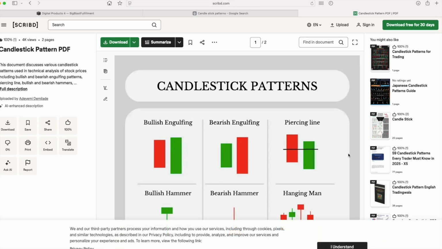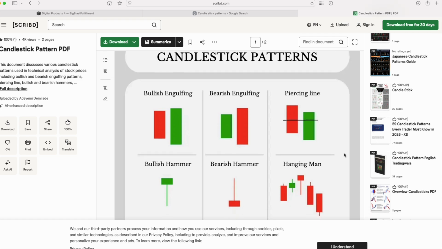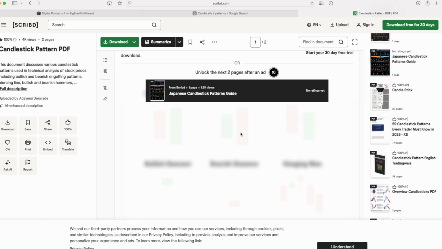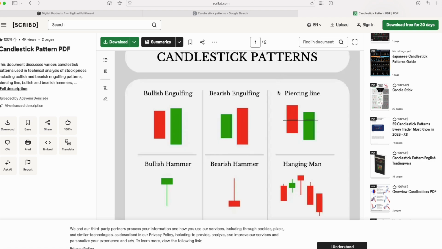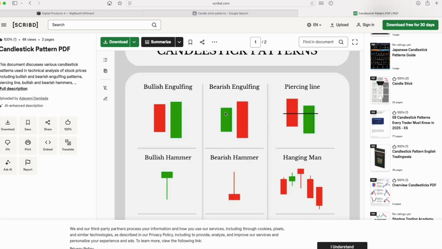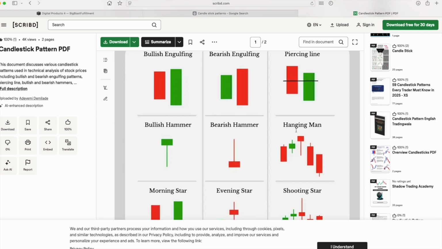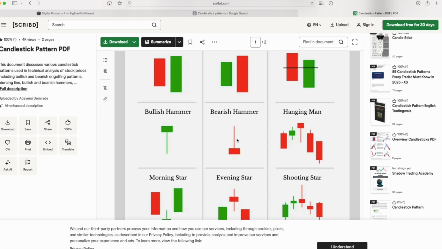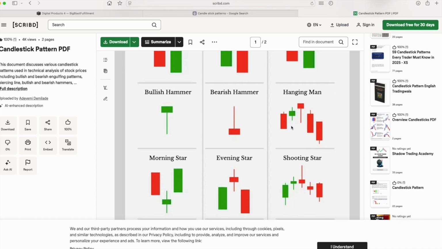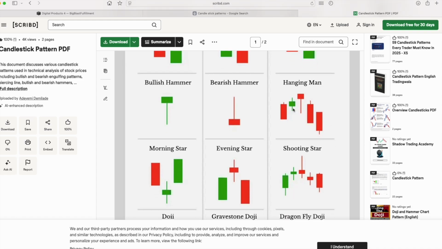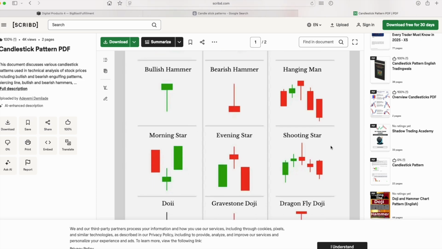Let's see if we can blow that up. All right, so you've got a bullish engulfing. Skip the ad. All right, bearish engulfing, bullish engulfing, bullish hammer, bearish hammer, hanging man reversal, shooting star,